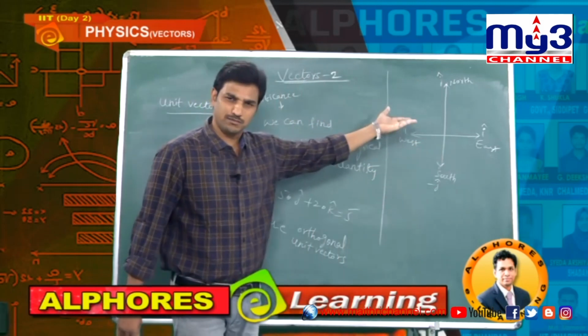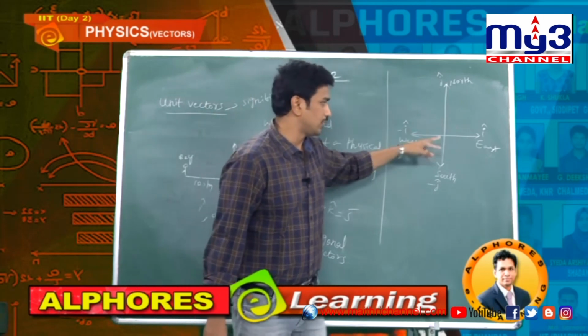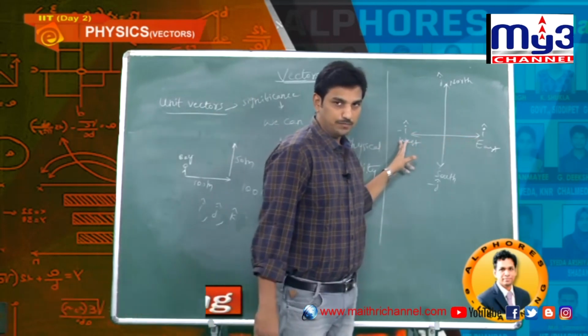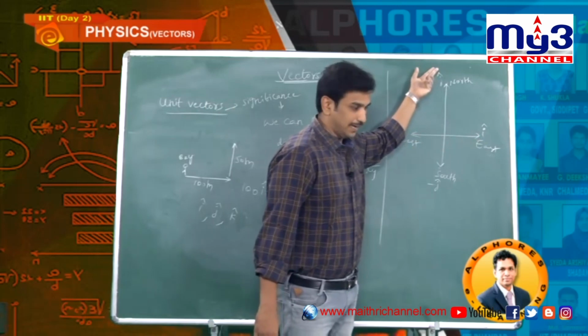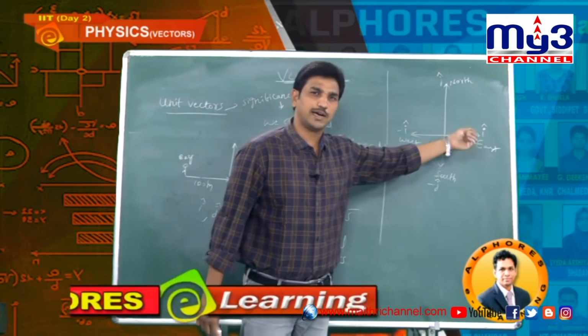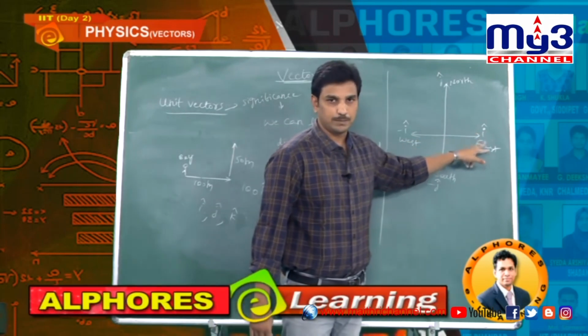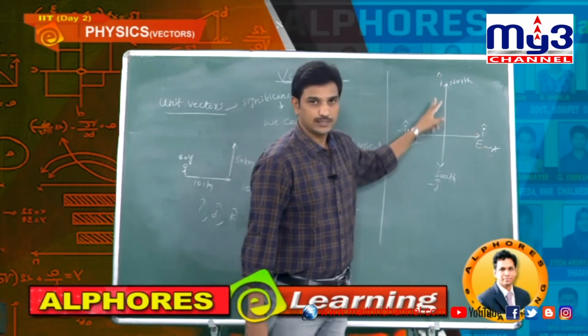Similarly, you can give different directions also, no problem. This is what I am following. Suppose k cap, minus k cap: this is plus i cap, this is minus i cap. According to your flexibility, you can give direction, no problem for me. I am considering one direction: it's plus i, it's minus i, it's plus j, it's minus j.